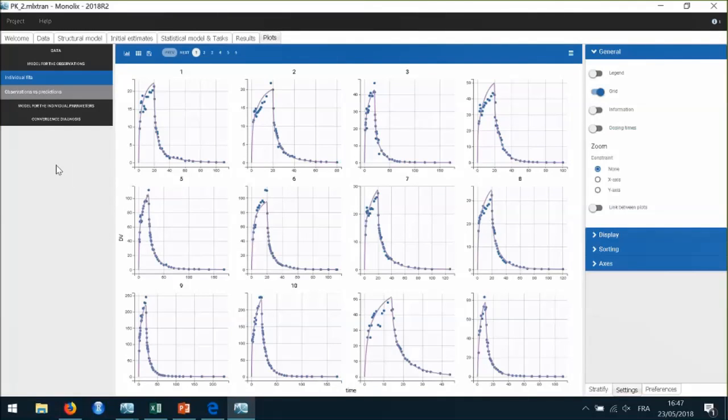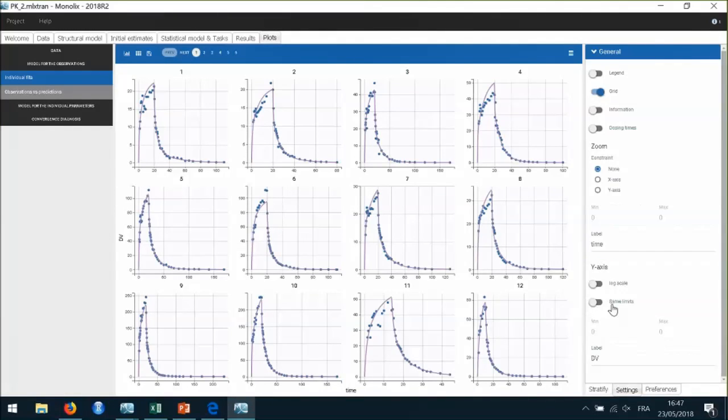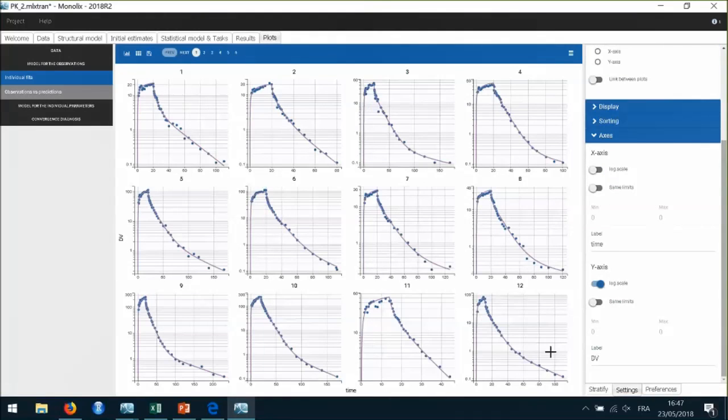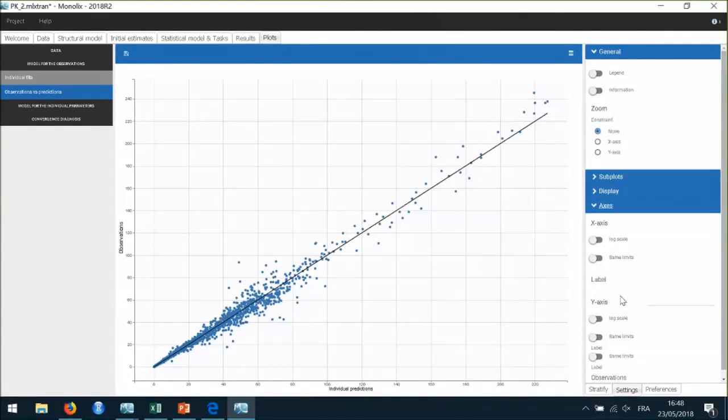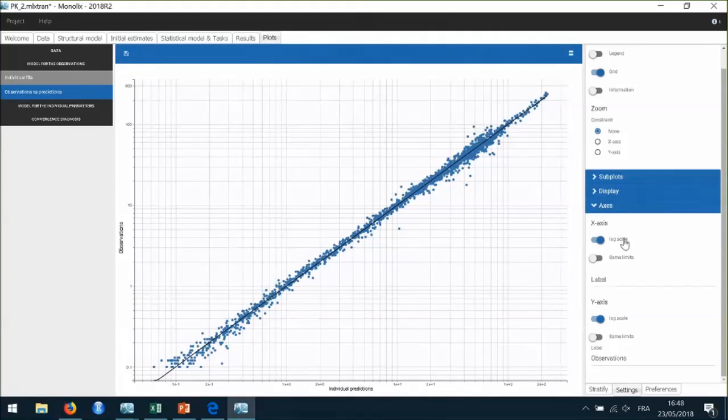I can now check that the individual fits should show much better fits for the elimination phase. I can also have a look at the plot observation versus prediction in log scale. And indeed, here there is no more misspecification. So I consider the 3 compartments model as my final structural model.